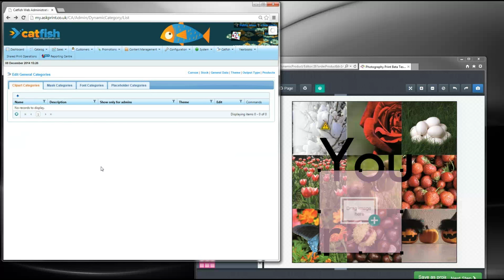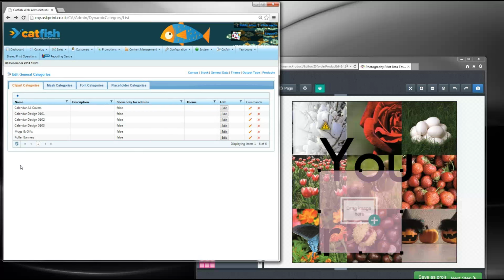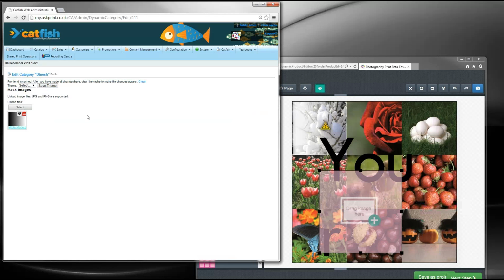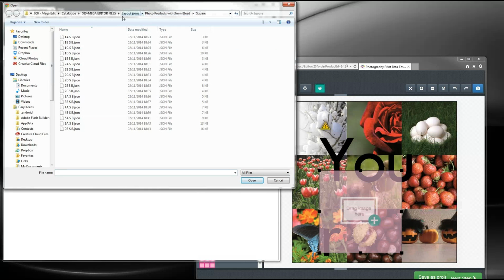So if I wanted to add a new mask, I would go to the mask category, edit it, and upload it. This will need to be done on every site. Again, bandwidth is whether I get the designer to do this directly or you to do it, I haven't decided yet. But if I had a new mask I wanted to add, I'd need to find my master mask files,